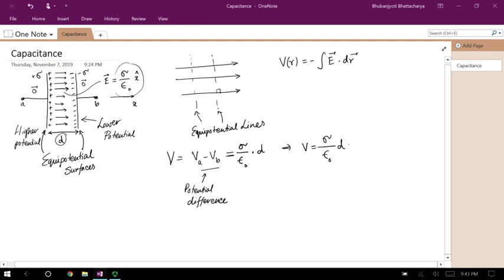All right, but what is sigma? Sigma is the charge density. So that's really the charge divided by the area of the plate, right? If the plate has some area A. Now, in reality, this is a practical plate, so it's not an infinite plate. So it has a finite area. It's just the idea that the area is much, much larger